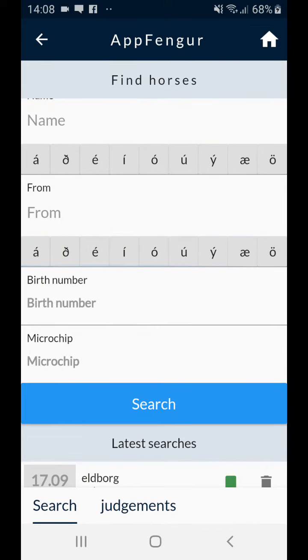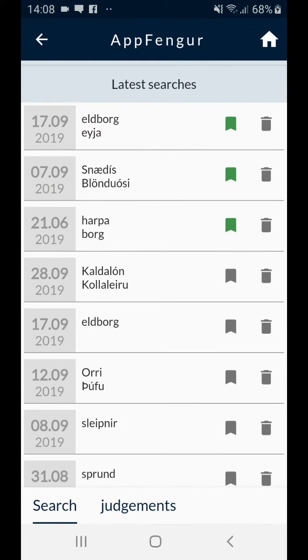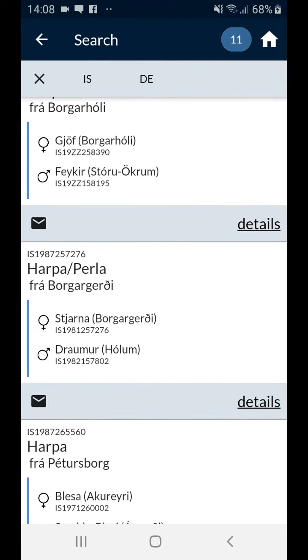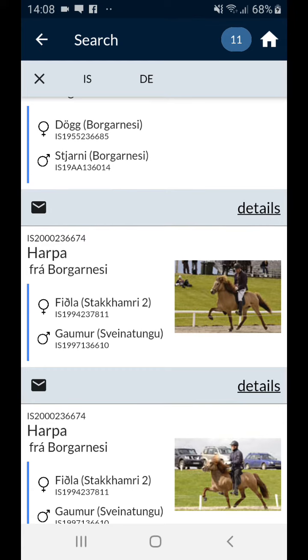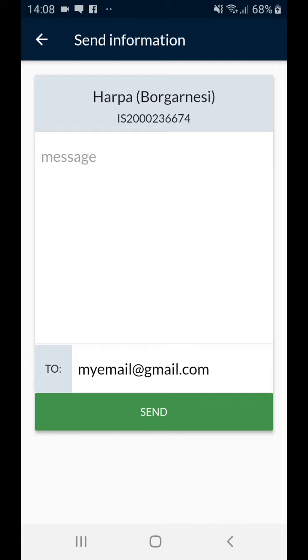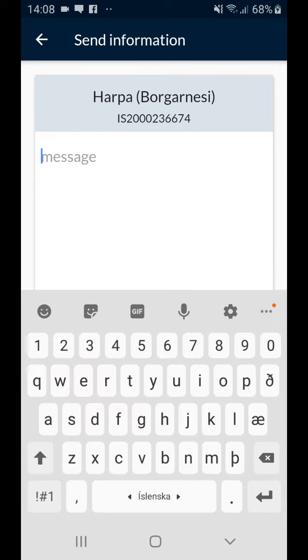One new feature that I'm going to show you is this: if I press on Harpa here in my search, you can see there is a new message icon at the bottom. So now I can send any horse via email. I just press on the icon here. AppFunger is going to gather all the information about the horse, and I can put in a message.